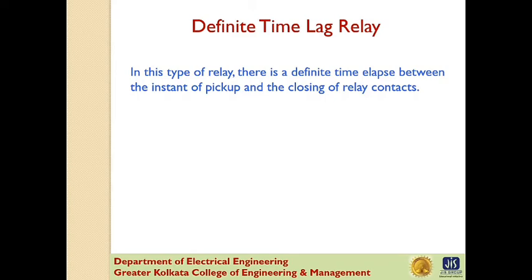Now, why is a time lapse applied in this type of relay? Because in a power system there are many faults which are self-clearing, and this type of fault never damages the power system equipment. So a time gap is applied in this type of relay, so the fault can be removed from the system without damaging the equipment and without the opening of the circuit breaker.